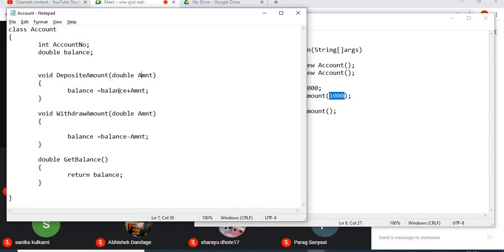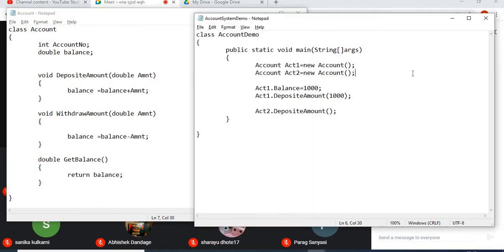But which object's balance variable copy is to be used, that we need to mention, right? Because when we now have two objects created, we have got two copies of balance created in our memory. So out of those two, which object's copy of balance do we need to use here in order to add this 1000 into it, right?